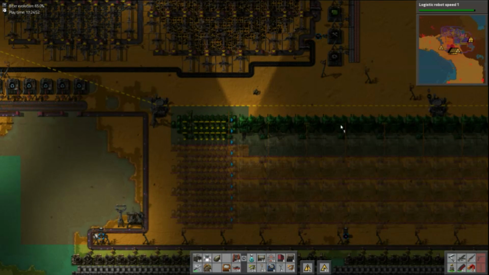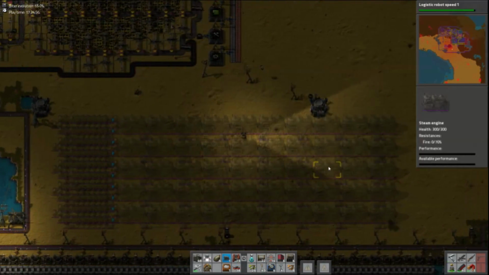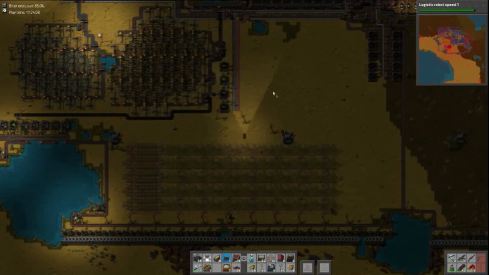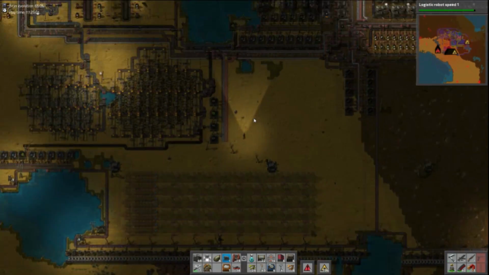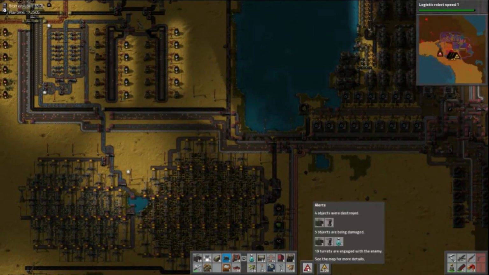What do you reckon? 4? Oh, I've got space for a 5th. Let's put down a 5th power plant. Sure. Okay, that's 5 power plants laid out, ready to be built and plugged in as soon as the bots get to it. But that means I've got 192 jobs and missing parts, and